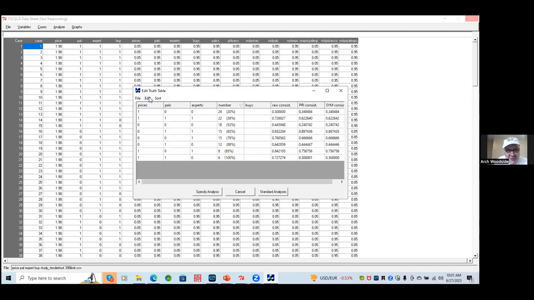Now, you need to click on edit and delete and code, total there. And you can change this if you want to. Let's go ahead and change it to 2. And we can make this say 0.8884 in terms of consistency. And click OK. And that's the minimum consistency that you're willing to accept for a model. Click OK. And there you get